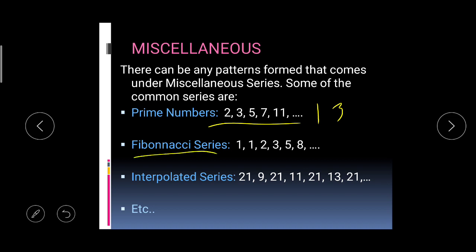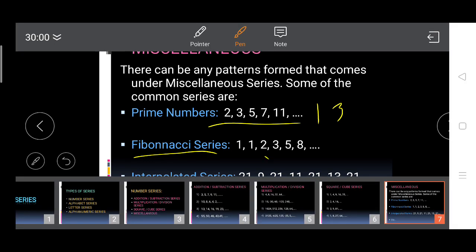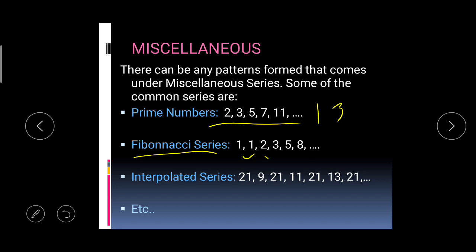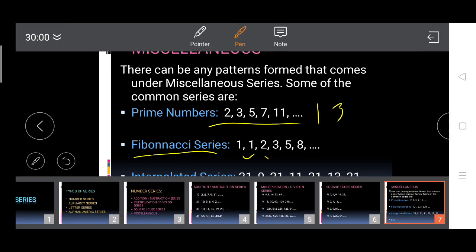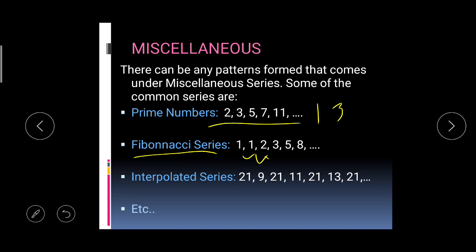Okay, a very famous series, the Fibonacci series. What is the Fibonacci series? We'll see. The third term is the addition of the first 2 terms. Now 3 is the addition of 1 and 2, the initial 2 terms. 5 is the addition of the previous 2 terms, and we get 8, right? So in order to find the next term, we add 8 and 5. We get 13. Luckily we are getting the same answer as in the first and second.